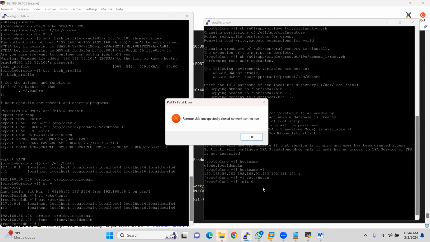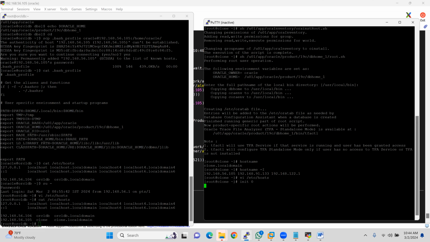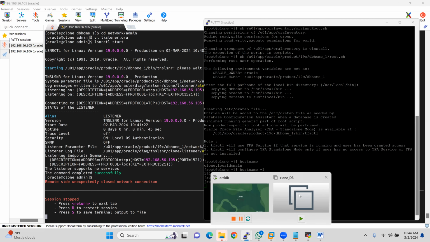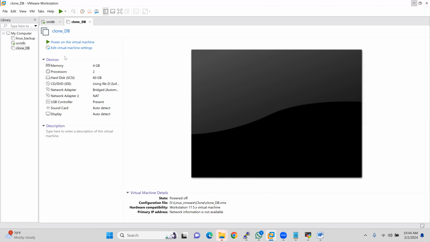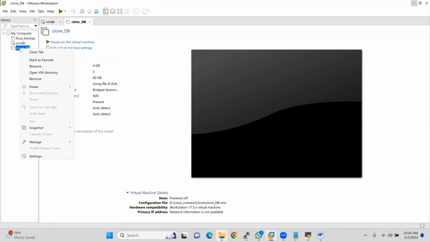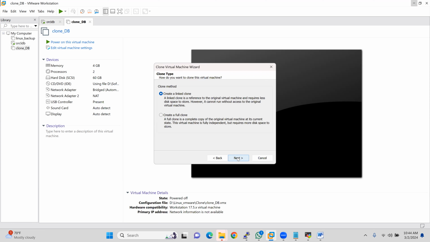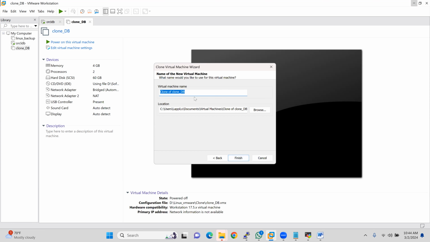I have shut it down. Go to the machine. Now we can see the database is shut down for now. So what I will do, I will make a clone of this machine. Right click on that machine, go to Manage, go to Clone, click on Next, create the full clone, and give the name machine standby,